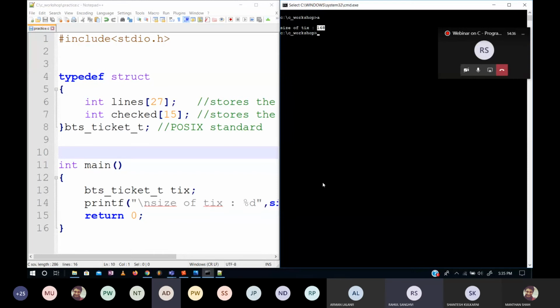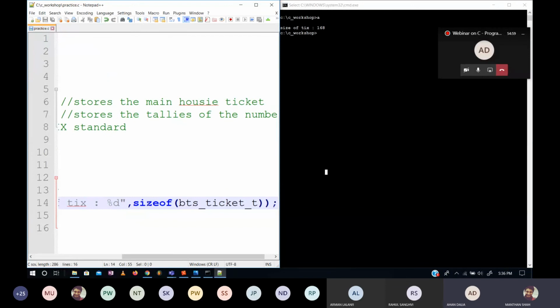One is of size 27 and one is of 15. So the whole structure is the addition of all the data which you are occupying in that. 42 into 4. Yep, correct. That's why. So basically, the size of a structure is the total size of all the constituents. Just a kind of trivia thing. Okay, cool. This is done.